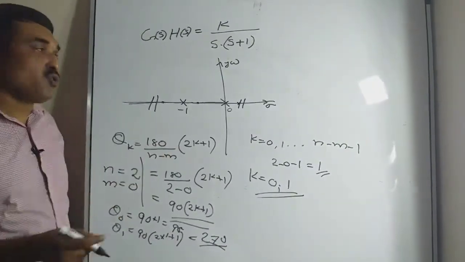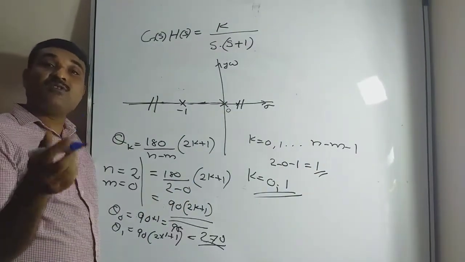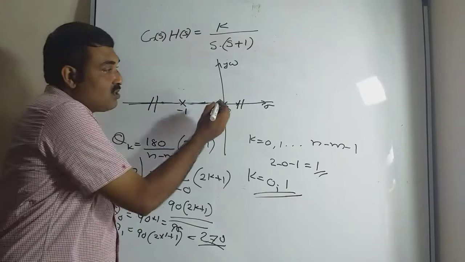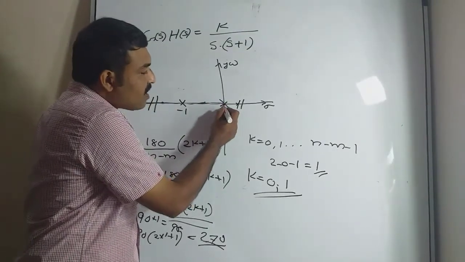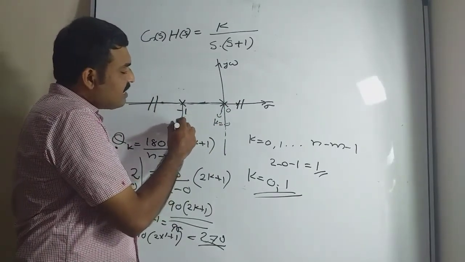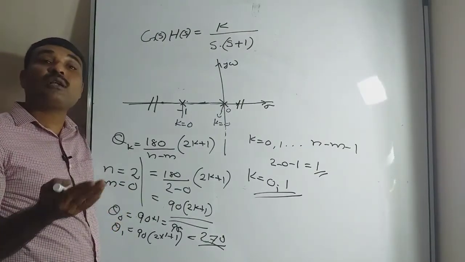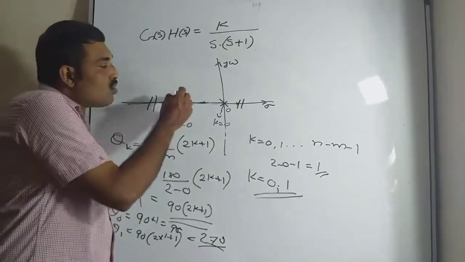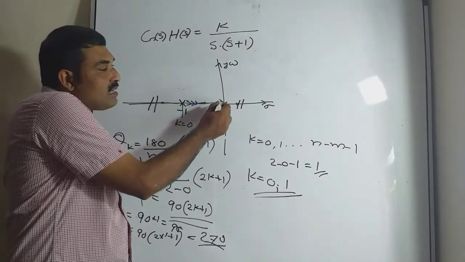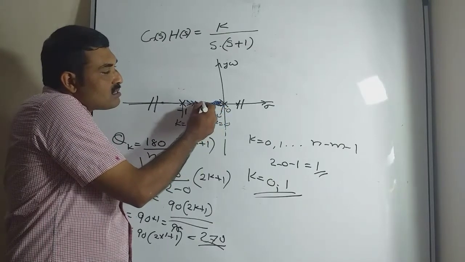So we can construct the root locus. This portion of the real axis lies on the root locus. Since we know that the root locus originates from an open loop pole with k is equal to 0, one branch of the root locus starts from here with k is equal to 0, and the other branch starts from here with k is equal to 0. The total number of branches of a root locus is equal to the total number of open loop poles. So the root locus starts from here with k is equal to 0 and moves towards this point. Similarly, with k equal to 0, the second branch starts from here and moves towards this point.